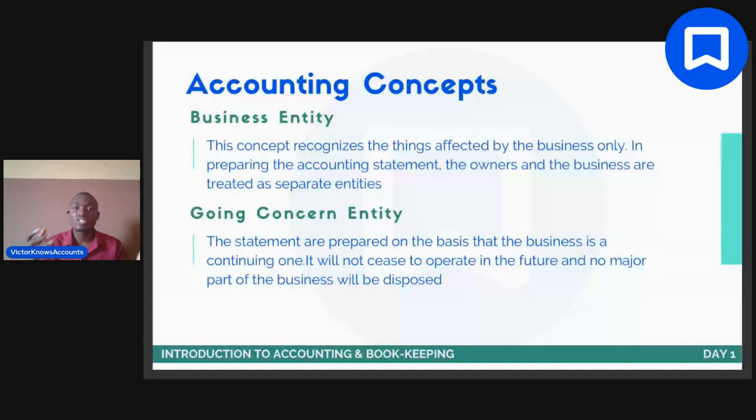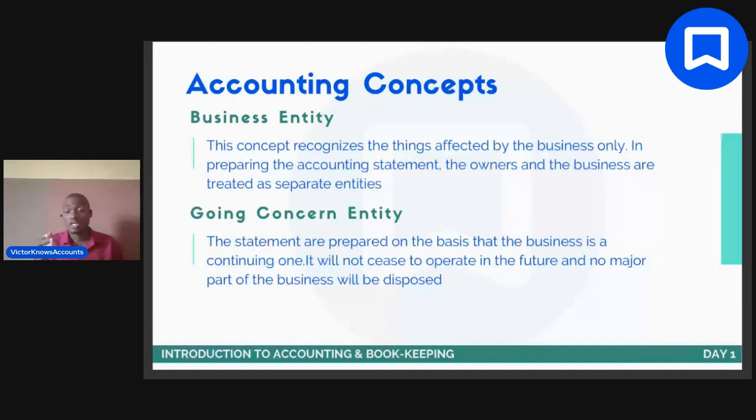Which means that when you set up your business, you are not just setting up your business so that you close down tomorrow. No, you are setting up your business so that you operate forever or into the foreseeable future. All right. You are setting up your business as a continuous business. With that, it means that your financial statements are also to be prepared on the basis that your business is continuing. You are supposed to continually prepare financial statements. And that now brings us to what?